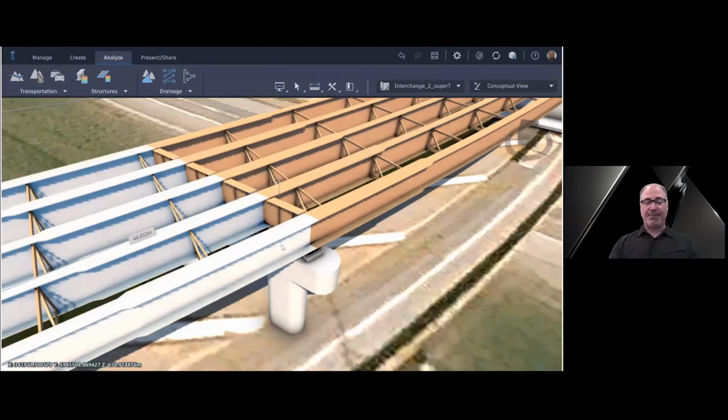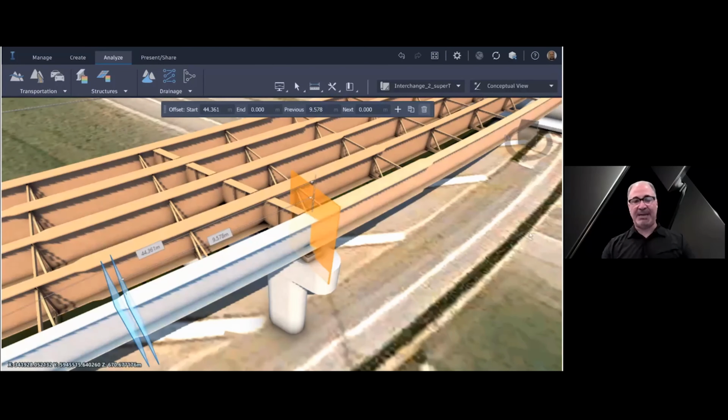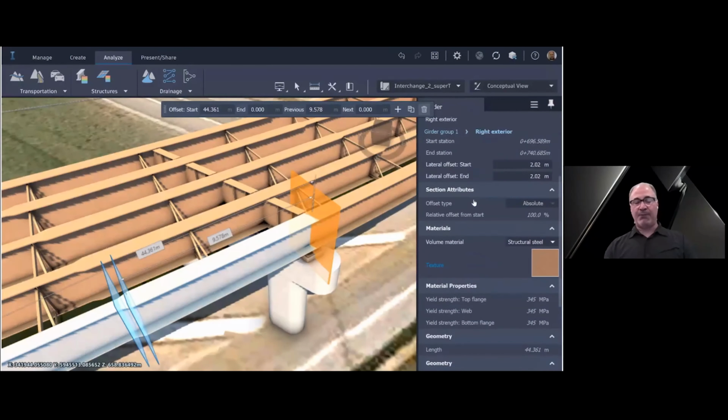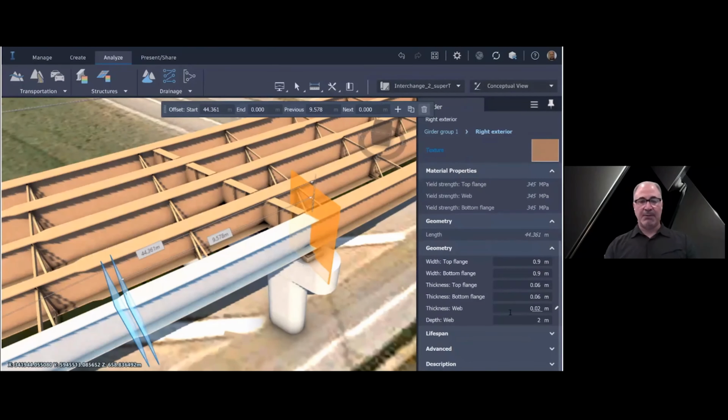Now, this allows our users to explore a level of detail, not only for the bridge modeling, but for the analysis that was in the past kept for very late design stages. Now you can do this at the very beginning of the project. And even now, for instance, we might want to explore variations.